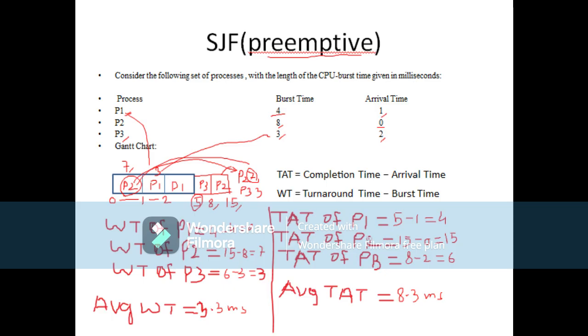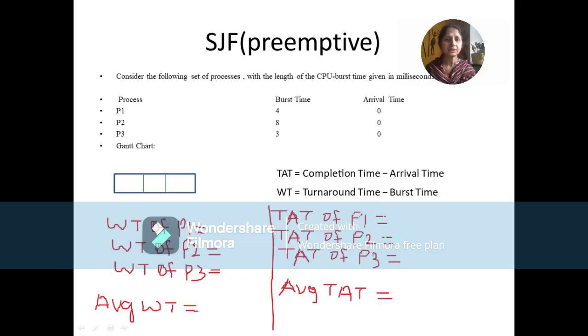So this is the SJF preemptive CPU scheduling algorithm. Same example, but here in this case the arrival time of each and every process is given as 0. When the arrival time is given as 0, that is the simplest case that you will always have. Okay, now since all the processes have come at time 0, our job is very simple. We just have to find out which is the smallest process. Smallest means the process with the smallest burst time. So that is the process P3. So P3 gets a chance to get inside the CPU first.